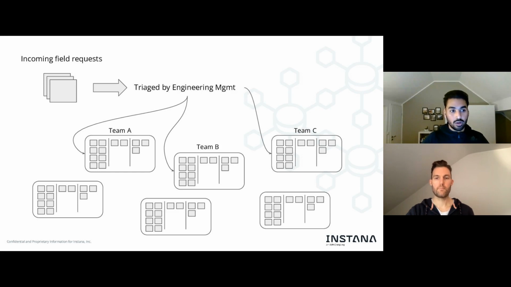We do have one global instance where they triage field requests, right? As we said, field requests are what we call bugs. They triage them by team. So this team takes care of this bug, or this is the bug in this product area, which belongs to this team. And then they will be automatically added via a workflow into the respective board, and they just pop up there.